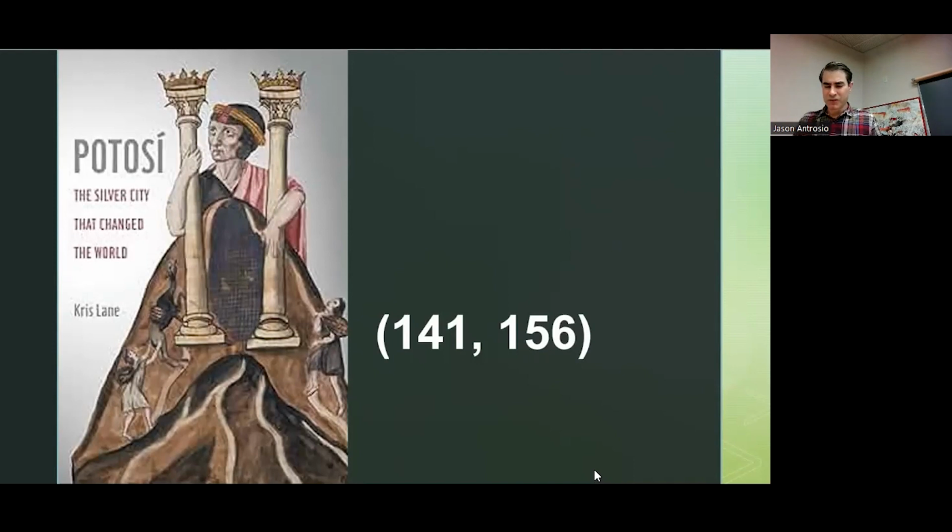I think I might have given a wrong page number there. It's supposed to be page 151. I don't even know if it's that. Page 156, but I'm also thinking of that part back to Josie, you asked about the public works project in Mexico City. Lake Mexico. Yeah, so in this book, Lane says that there